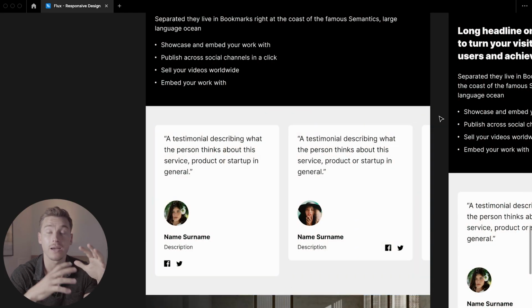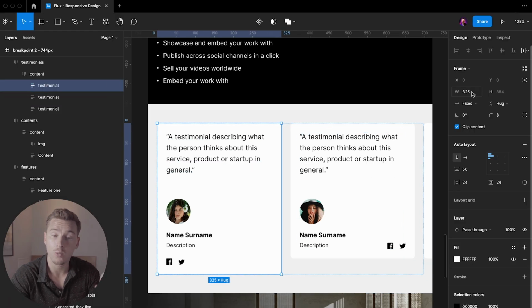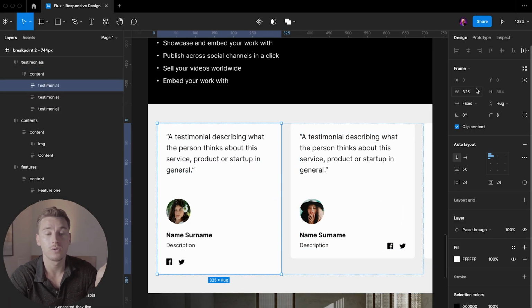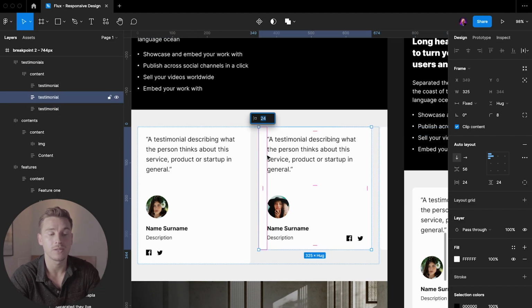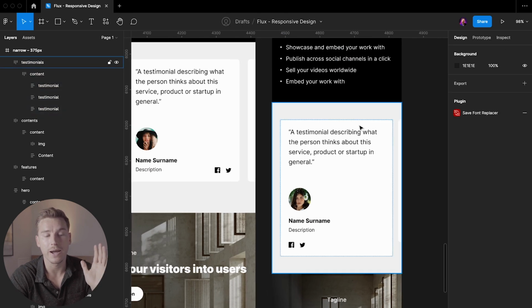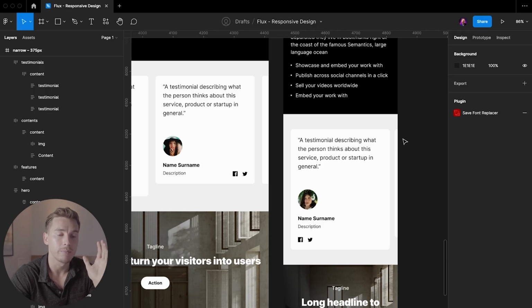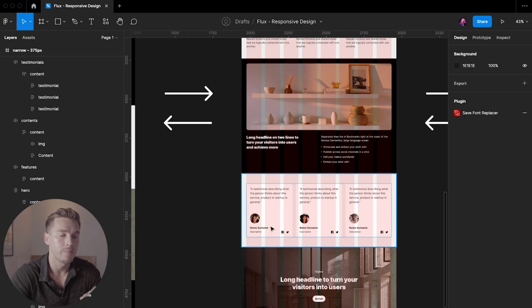Now we have some kind of carousel instead. So we might even have set a width for the card. So this is maybe going to be a max width of 325 pixels, and it's going to be the same for each of these cards. And the same thing here. Now in this case, we might want to add some things like some carousel dot indicators or something, because it's kind of hard to see this card. Let's jump back to